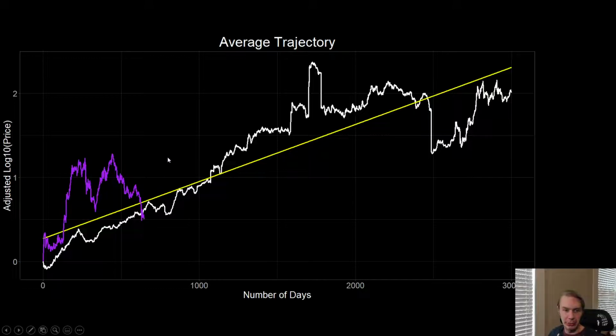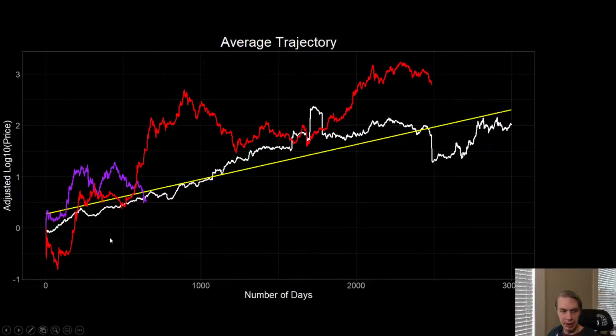Or do you think it'll outperform, in which case you might actually expect it to pop back and spend more time to the upside? There's certainly precedent of this happening. One of the assets I wanted to show also is Ethereum. That's this red line here. You see that Ethereum early on in its life, at about the time of DOT, was not even performing as well as DOT was through that time, but has now gone on to spend all of its time above this best fit average growth line for crypto assets.